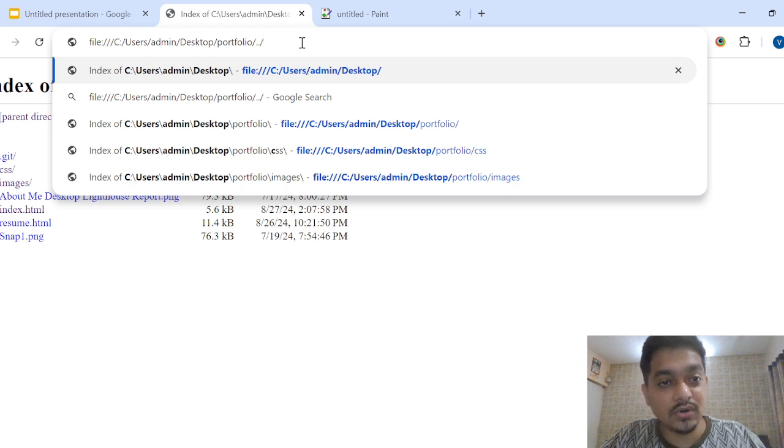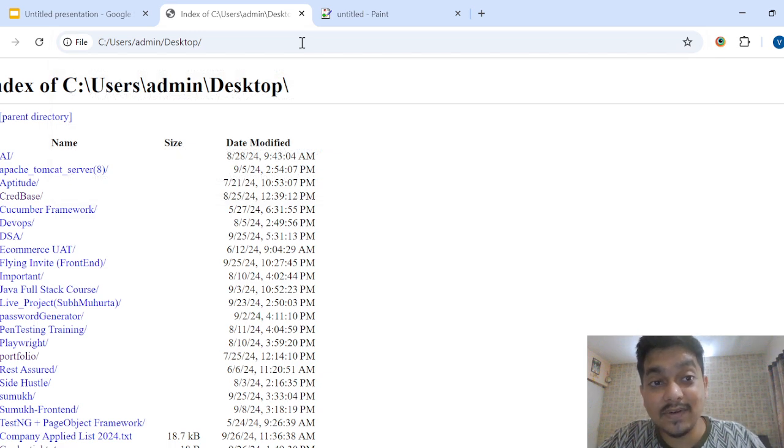If this executes on this particular URL on the server, and the server fails to validate the URL and allows going one directory back, then this type of attack is known as OS command injection, because it's allowing the